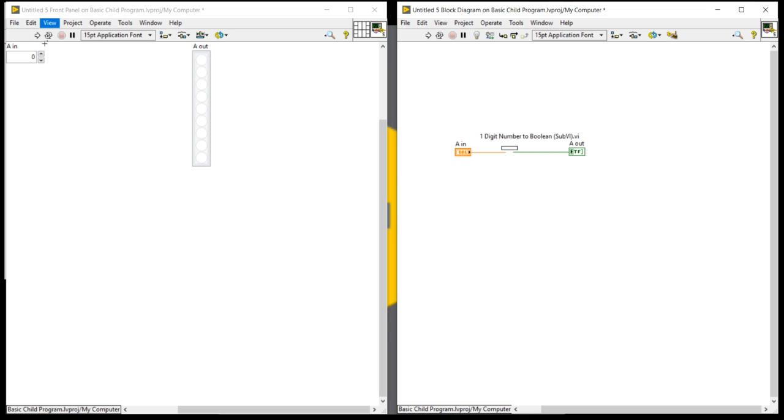So this program will work only for one digit number. But if you want to display more than one digit, means if you want to display the characters 88, for that 88 you need to glow 88 LEDs.